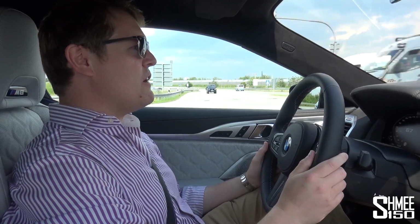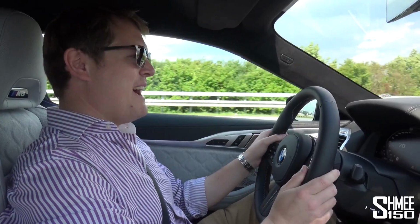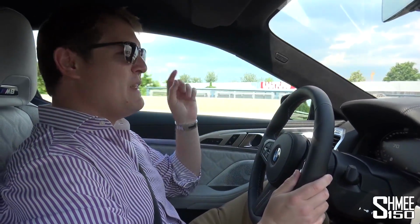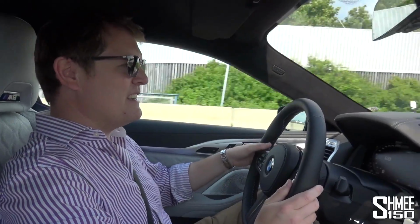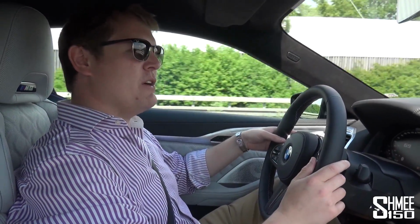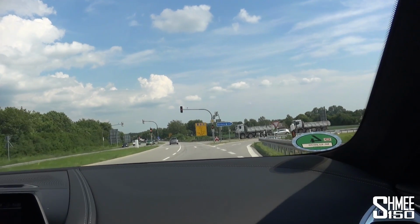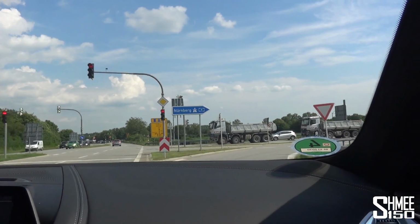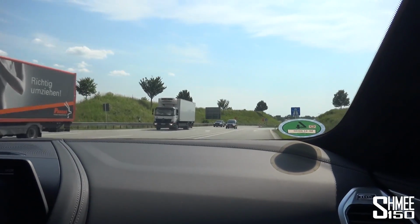So we are going to cross over the Autobahn here, and we will join and, well, see if we get a little fun stretch to put the foot down a little bit more and go a touch faster than about 150 kilometers an hour, which is all that this car has actually done up to this point. So if we go round here in front of us, we are going to join the German Autobahns. I don't really know where we are, and it is the afternoon, which does mean probably a bit of traffic, but